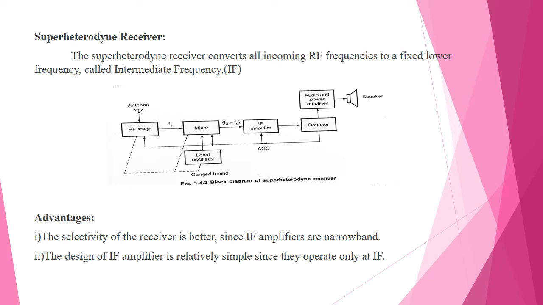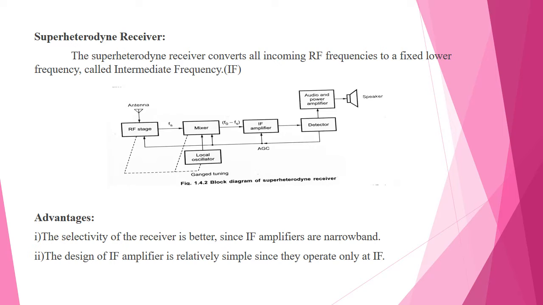The antenna will receive all the frequency signals and give them to the RF amplifier. The RF stage amplifies the signals in the required range of frequencies. Then it provides the initial gain and selectivity. The output of the RF amplifier is given to the mixer stage. Next, the local oscillator output is also applied to the mixer.